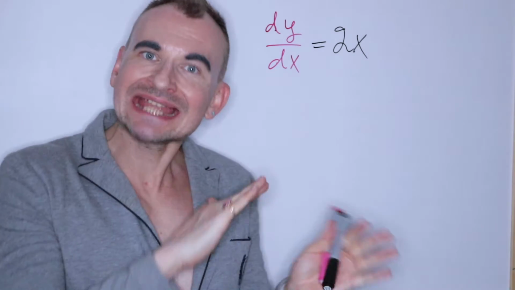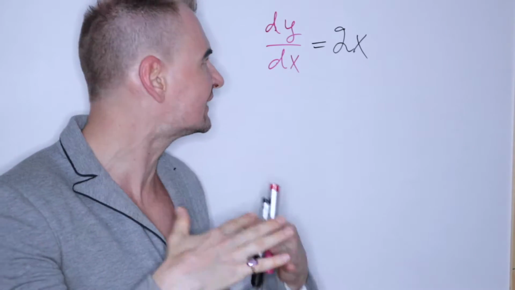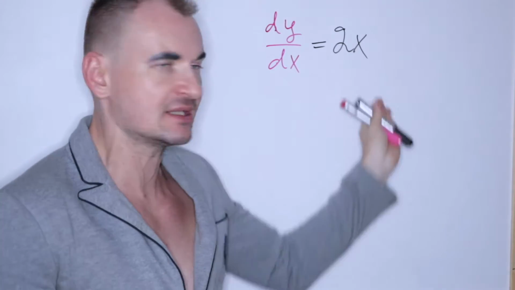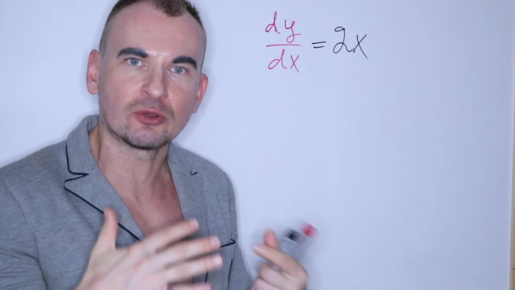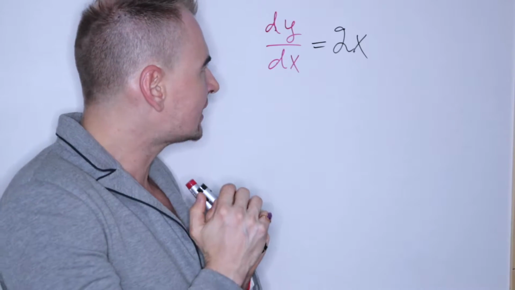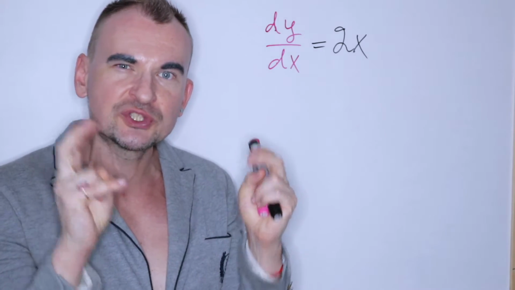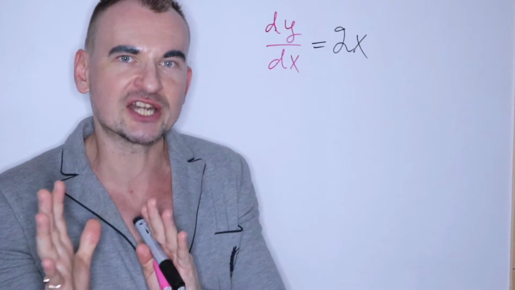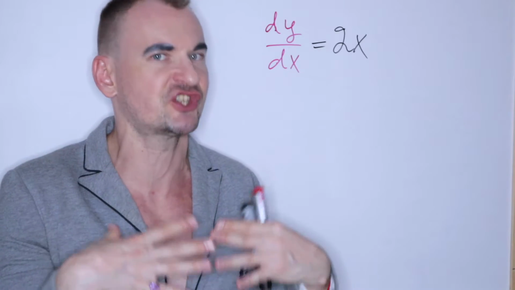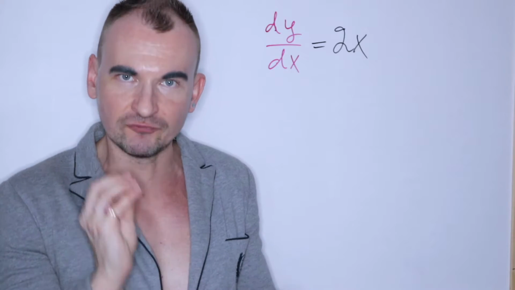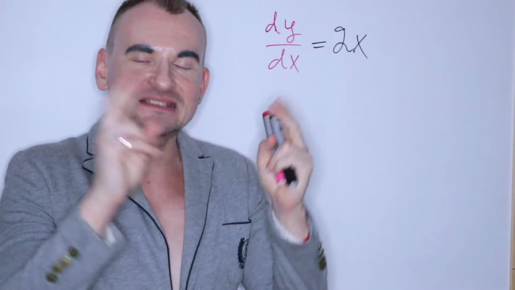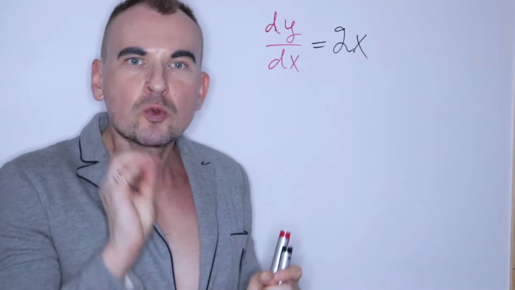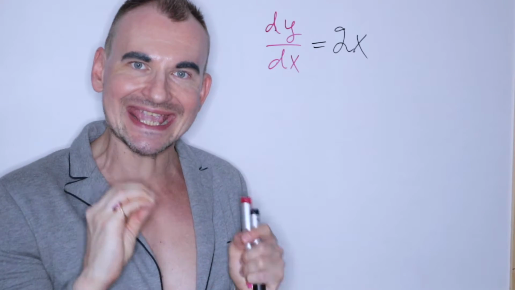Let's take a look at the basic types that I'm going to cover in this episode. So let's say you have been given something like this. Again, this is the basic kind of differential equation, and we're going to find the general solution, as they say, for this equation. It's going to be a family of functions, a set of functions, that satisfy your equation. As a general rule of thumb, this kind of equation can be solved by integrating both